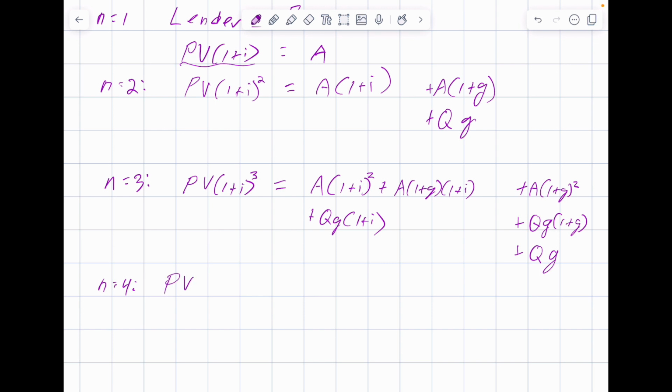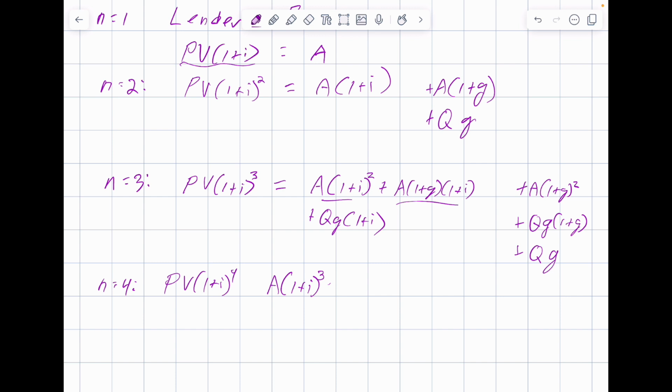The lender column becomes PV 1 plus I to the fourth. Now we'll do the borrower column. Again, we'll multiply the amount paid so far by 1 plus I, as it is now earning interest. We'll take this term, 1 plus I to the third,